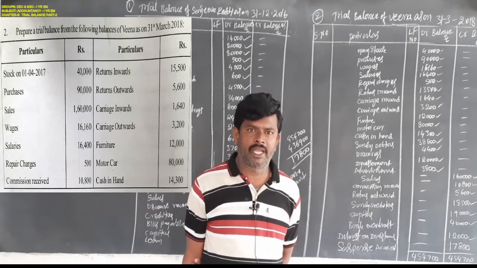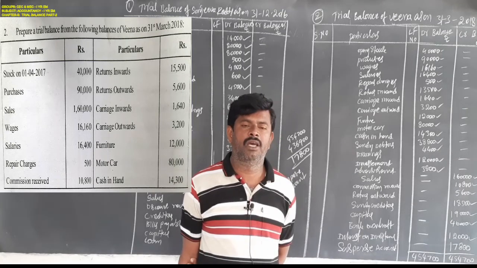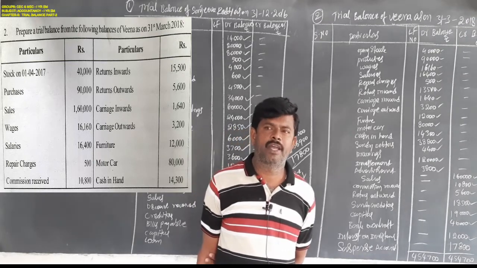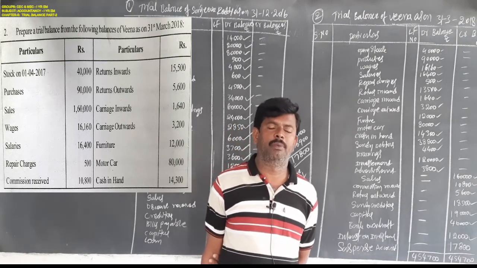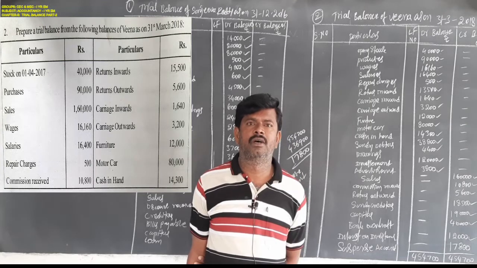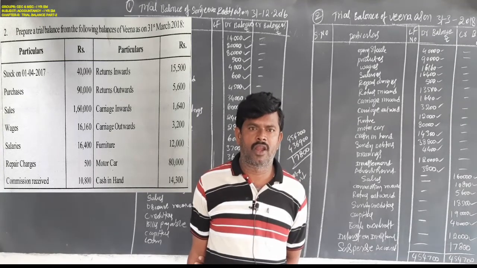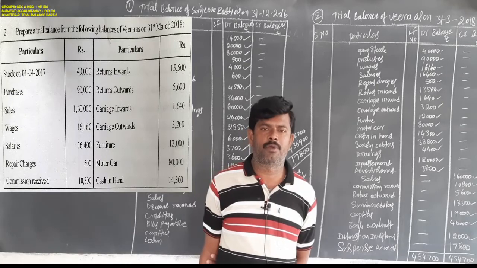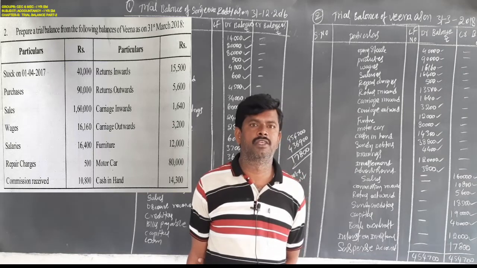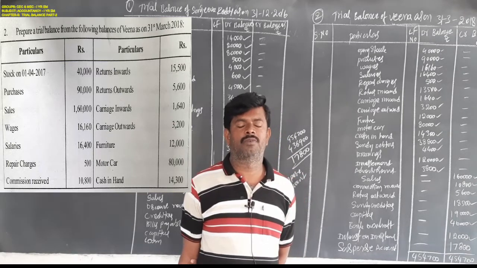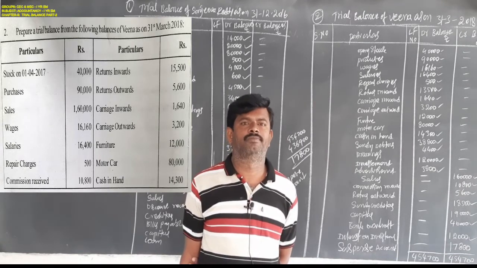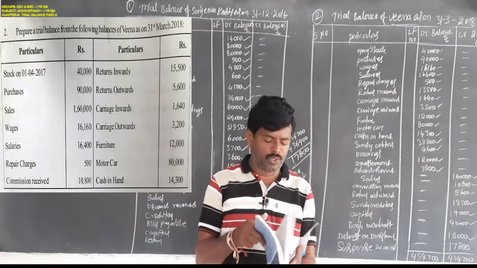Whichever side is short, the difference amount must be recorded on the shortage side. That must be remembered. Sometimes the trial balance is equal, debit equal to credit. Sometimes it may not be equal due to under recording, over recording and wrong posting, whatever it may be. When the ledger balances are not equal finally, the difference amount must be transferred to the suspense account, mentioned on the shortage side. It must be remembered. So come to the second problem.